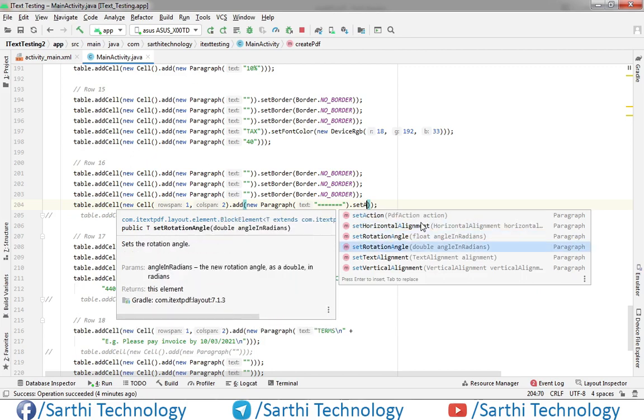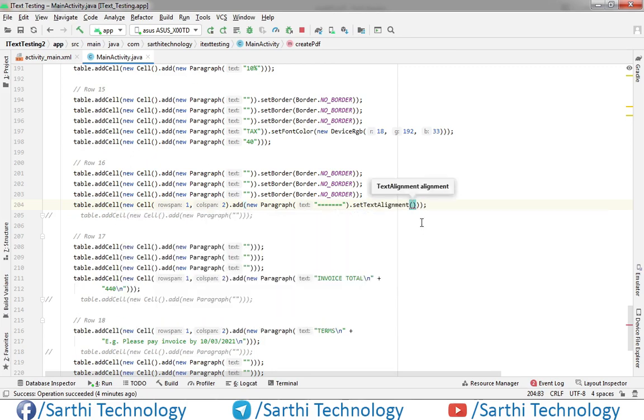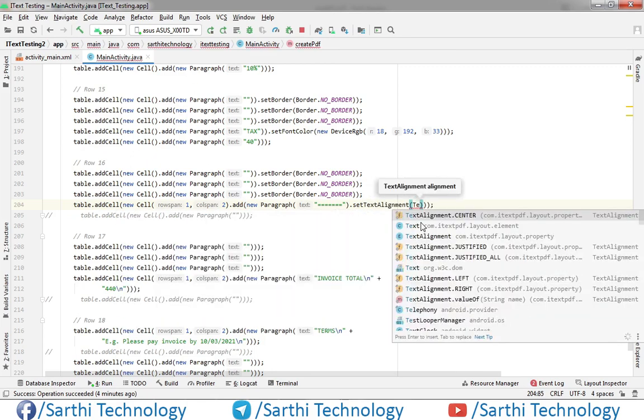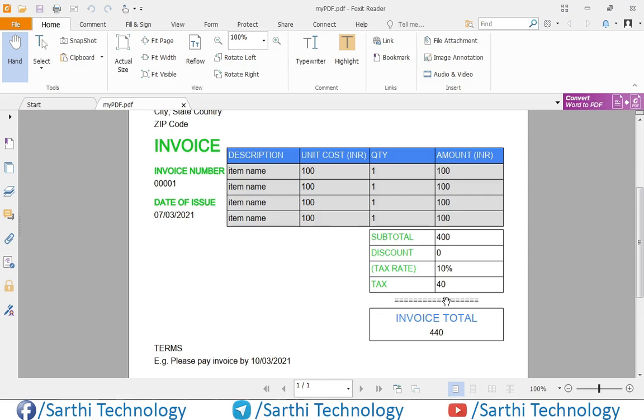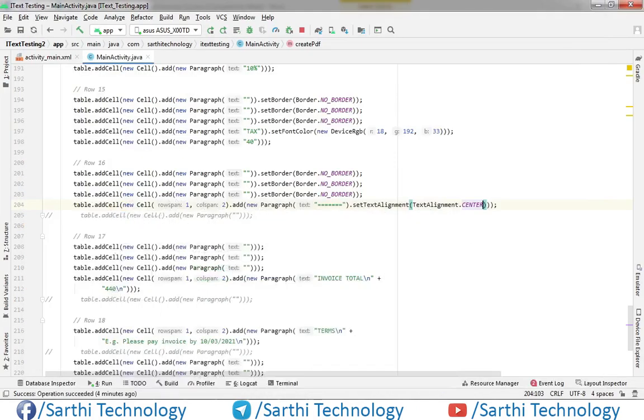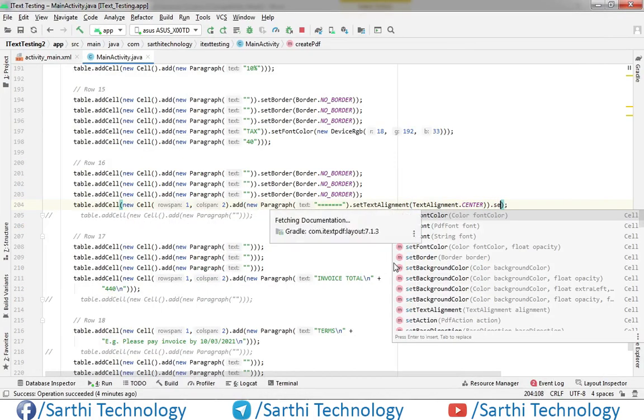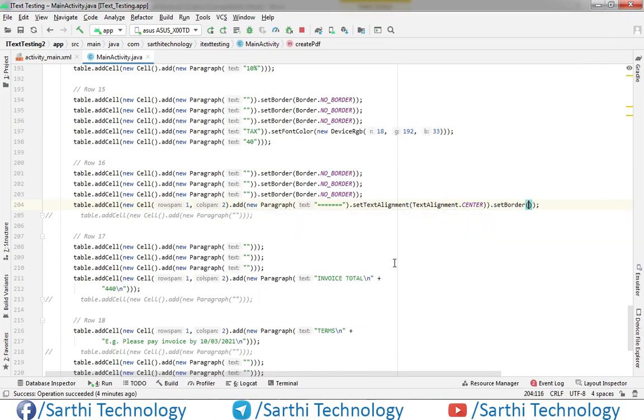Okay, so set text alignment, text align center. Okay, because this is in center. Okay, set border, no border. Okay, no border, no border, no border, and this invoice total.